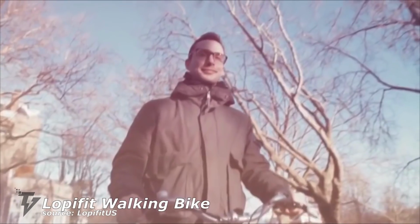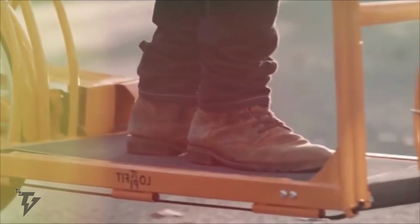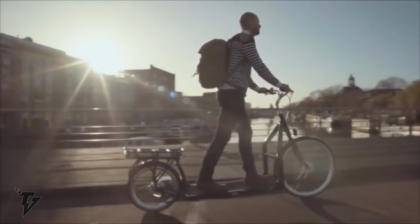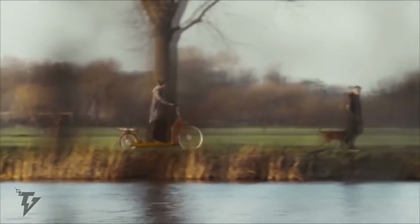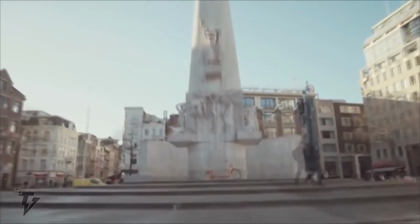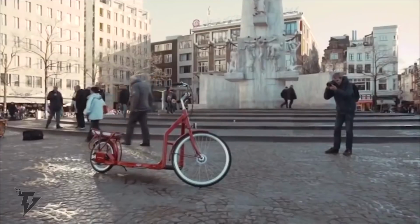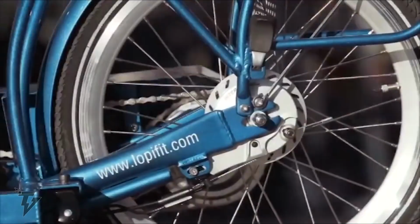Number 2. The Lopifit walking bike. Lopifit is a new generation walking bike recently introduced on the market, constructed, assembled, and imported from the Netherlands, the bicycle capital of the world. This bike is a new way of moving and exercising, proven beneficial to your overall heart health. The Lopifit is propelled by a 350-watt motor and a 48-volt lithium-ion battery, turning the bike into a treadmill as you walk. The battery pack has enough power to get you between 30 to 50 miles before requiring